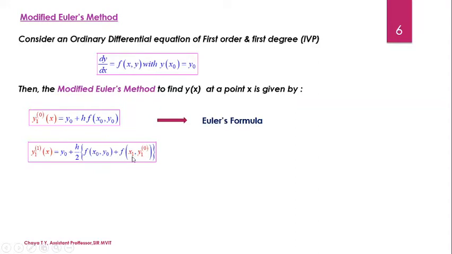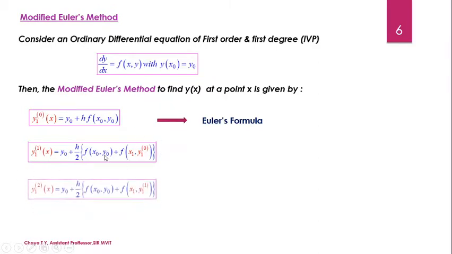Now what is this x1? x1 is the next value of the point x0. x0 plus h always gives us x1. And y1 of 0 is the value of y from the Euler's formula. So which will be substituted as x and y values into the given expression, and after simplification the whole value will be substituted into the formula and simplified using a calculator. So this is how we are going to get the first modification.